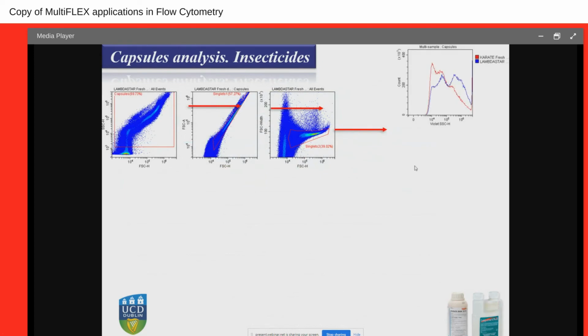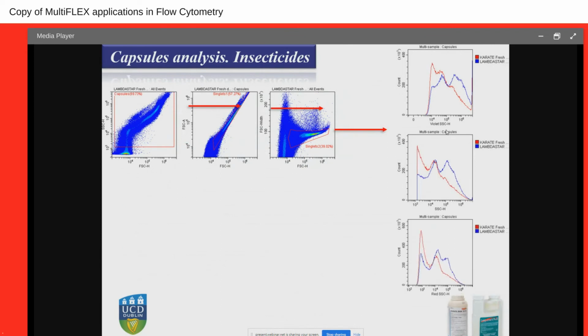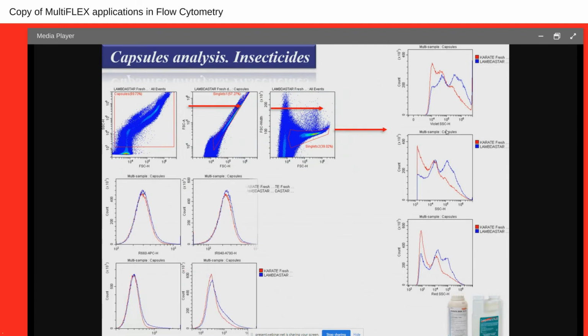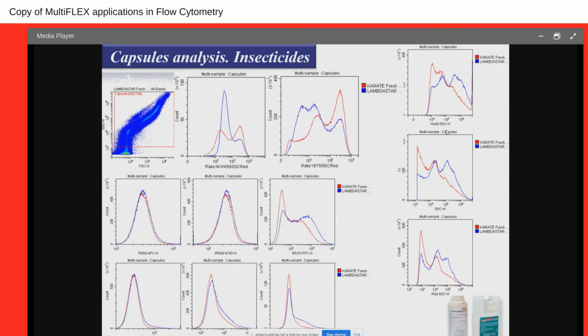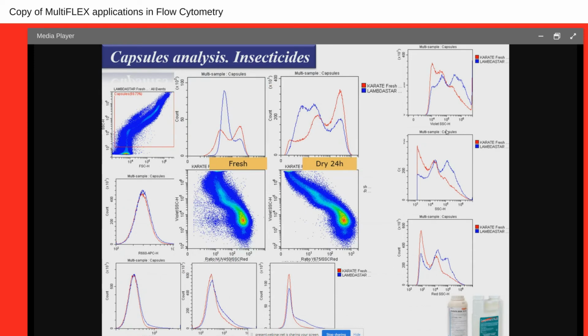And we use, again, violet side scatter, blue side scatter, and red side scatter. As you can see, the profiles for each one of these beads is clearly different. Not so much when we look at the fluorescence, except in a couple of channels where we can see slightly different. So we combine this with ratios, and we can characterize the ratios and the different scatters, and we can